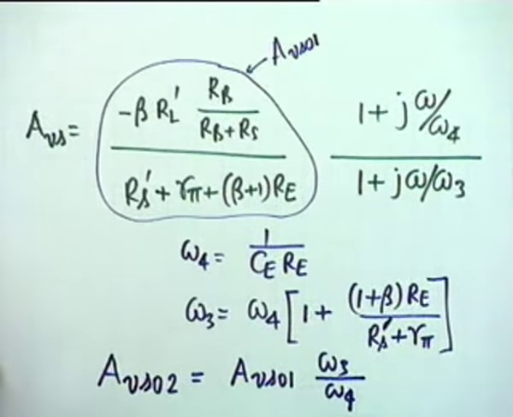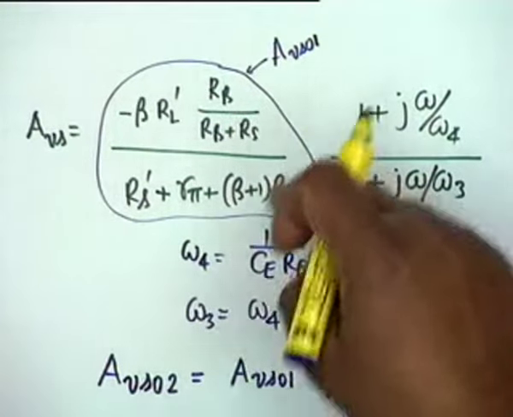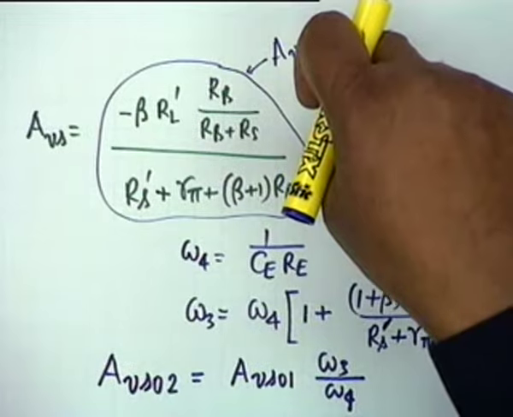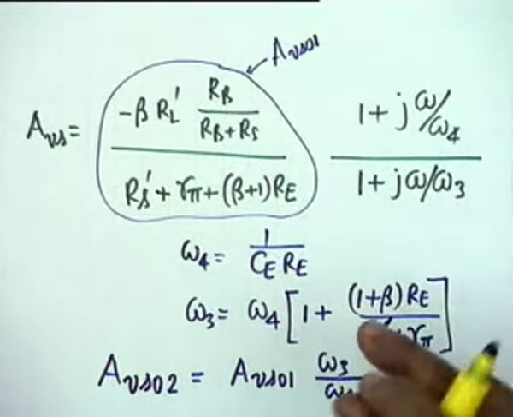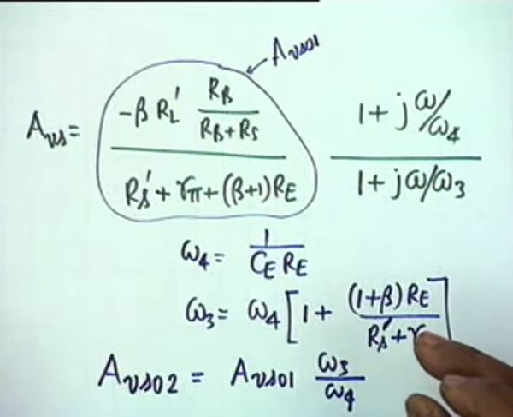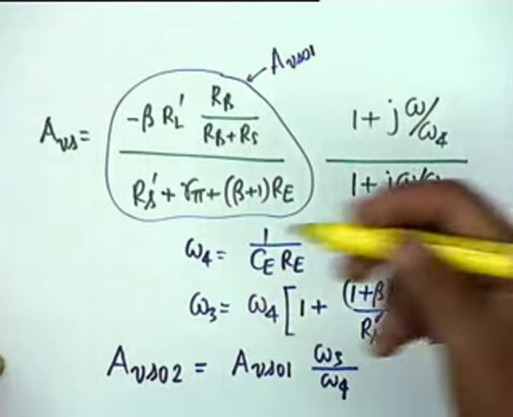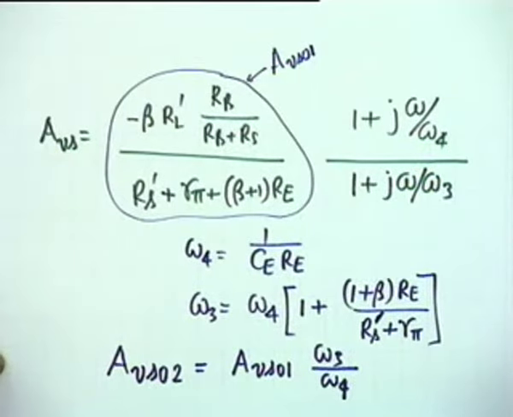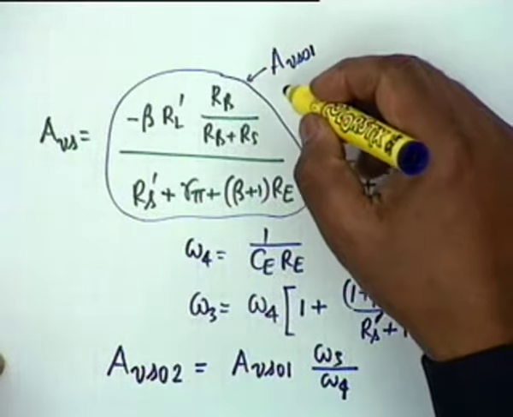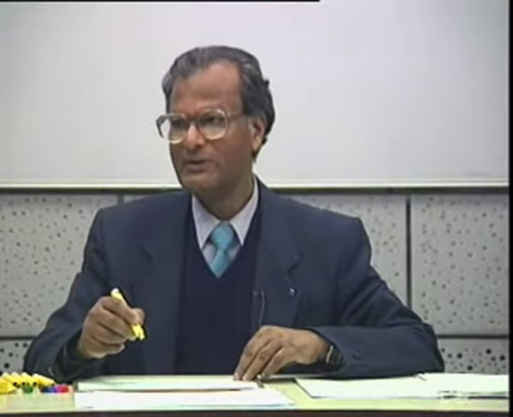Do these stand to reason? If you simplify this, you shall see that AVS 01 is the gain of the common emitter amplifier with unbypassed resistor. Omega tends to 0 means what? Capacitor Ce is open. All right, and you can show that this is approximately minus RL prime by Re. You can see this immediately right from here. Okay, so AVS 01 is the mid-band gain of the common emitter amplifier with